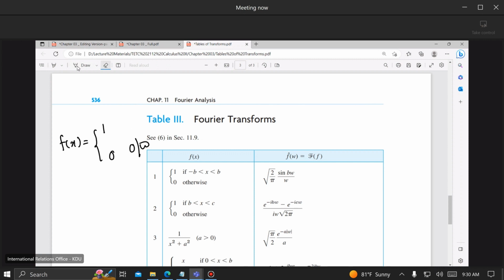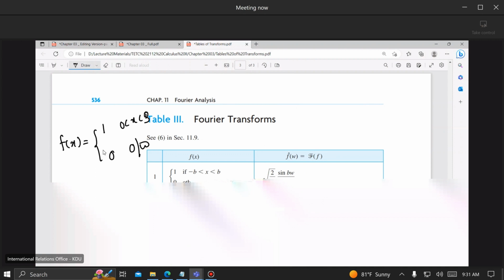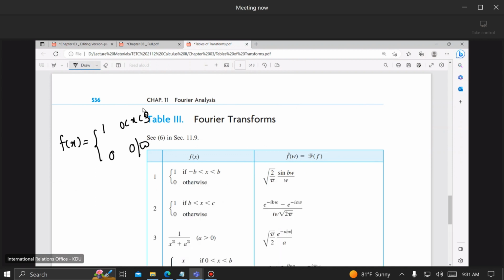f of x is equal to 1 when x varies from 0 to 3 and it is equal to 0 otherwise. So let's see, are there any functions of this form? In the table there are two functions like this, the first formula and the second